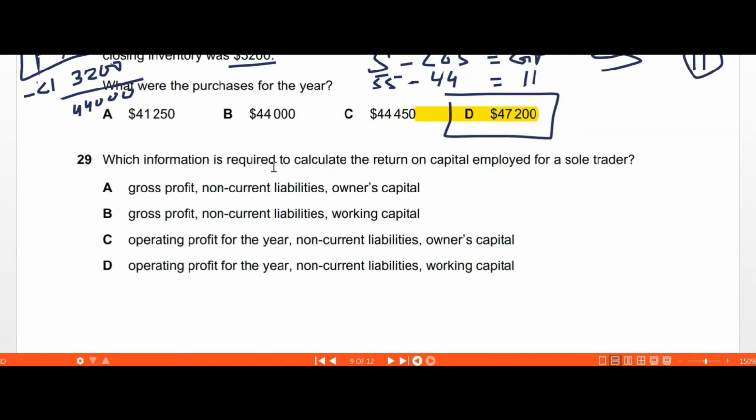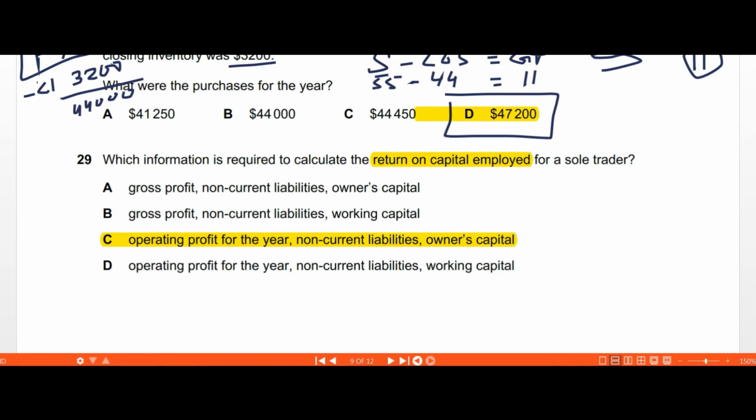Question 29. Which information is required to calculate the return on capital employed for a sole trader? So return on capital employed is simply the return that the company is getting, that is the profit divided by the capital employed. So the information required among the following options: A, gross profit, non-current liabilities, owner capital, no. B, gross profit, non-current liabilities, working capital, no. And C, operating profit for the year, non-current liabilities, owner capital, yes, that will be used to calculate return on